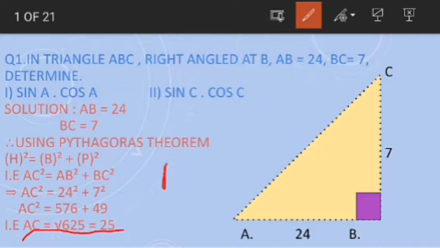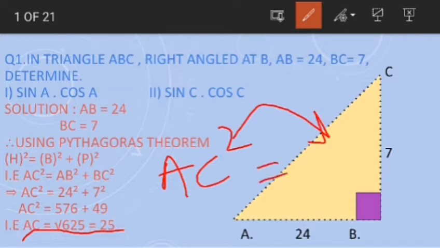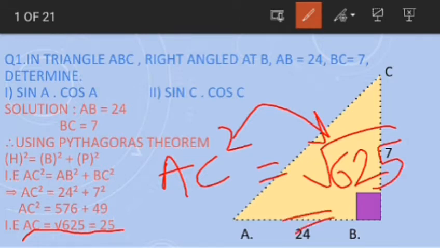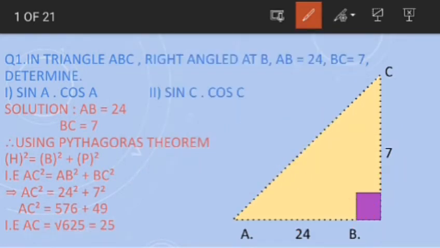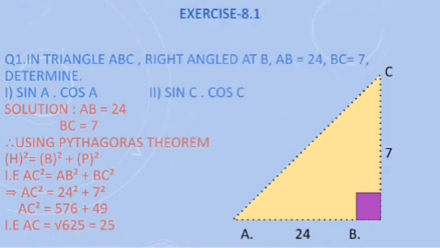Now as I mentioned in the previous video, whenever we move the square to the right hand side, okay class, it converts into a root. So the square root of 625 is going to be 25, because 25 is the perfect square root of 625. Okay class, now moving further, we have come up with the third side, that is AC, which is necessary to solve this question. Now we can move further.